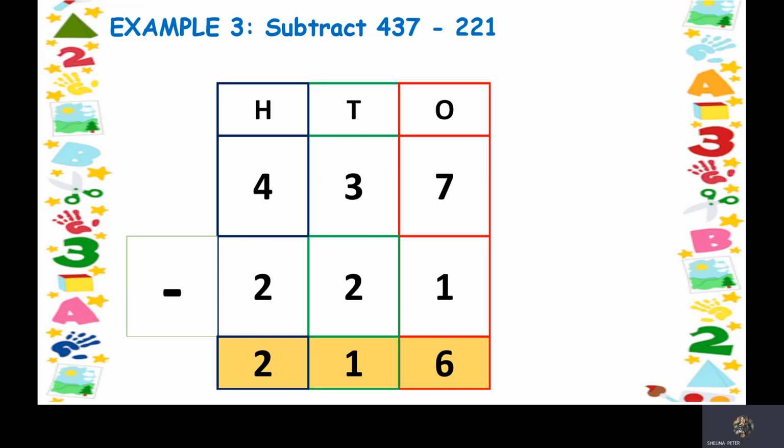So this is how we are going to solve subtraction questions related to 3-digit numbers. So always remember, write the place value, then write the numbers in the boxes, put the minus symbol and start subtracting the numbers from ones column. And always remember, you have to count from smaller number till bigger number on your finger. Then count the total number of fingers you get and write the answer.